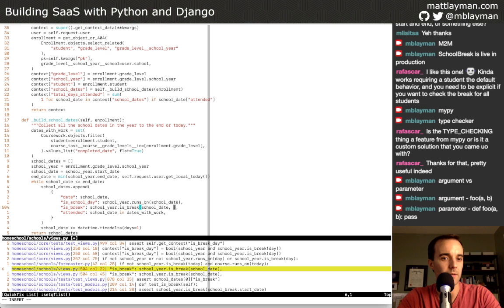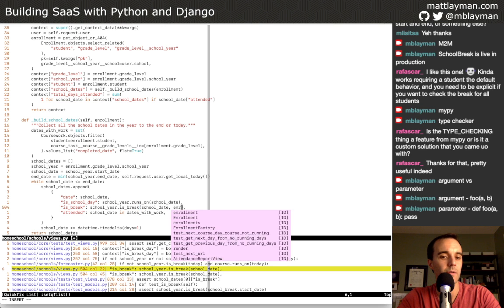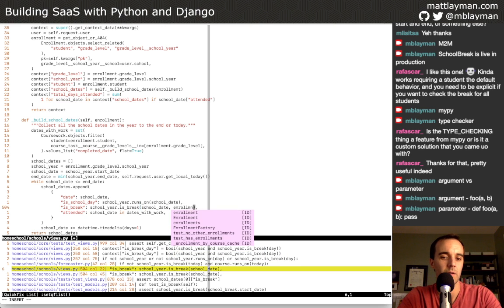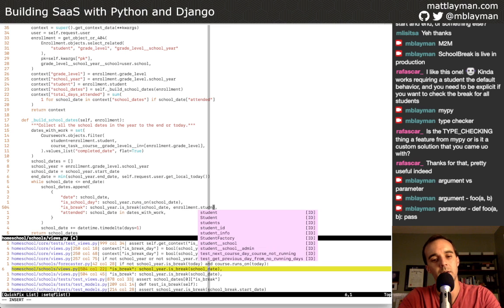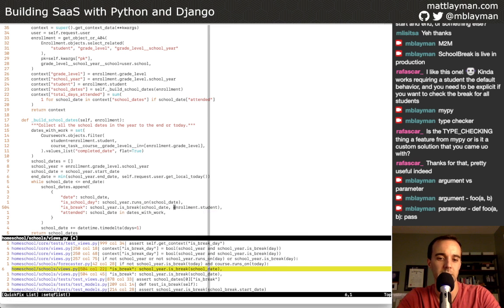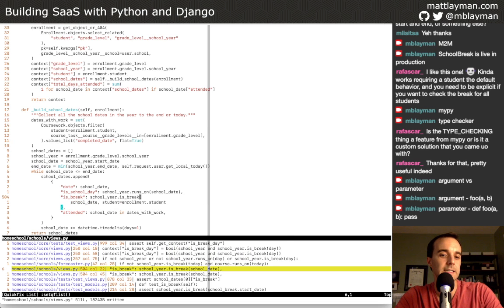The other thing I don't know is, in this context, what do I not know? Do we already have the student fetched? Because what I'm doing right now, since I'm accessing it off this enrollment, the student is a foreign key on this particular model.